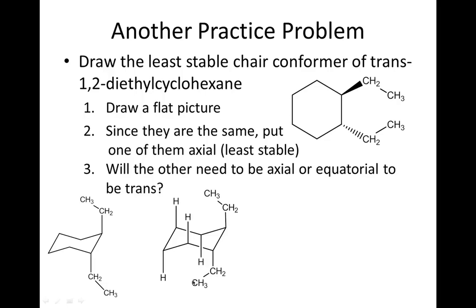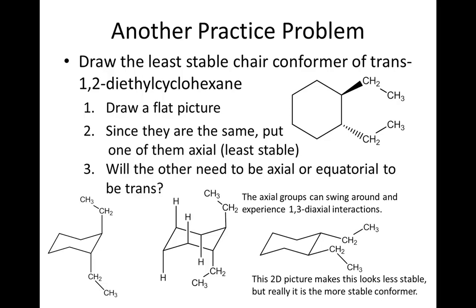At the same time, this one is interacting with the ones underneath here, 1,3 diaxial interactions here and here. That kind of gives you the idea that this is definitely the least stable conformer. In contrast, if you look at this drawing, this is a two-dimensional drawing again, but it is showing you